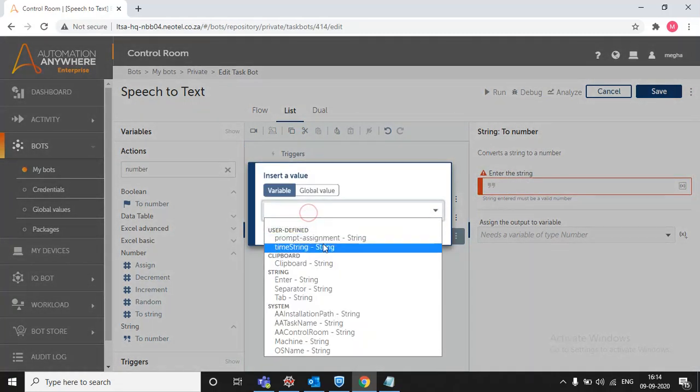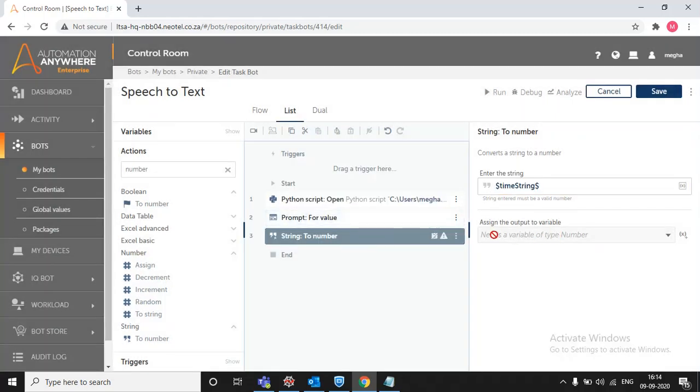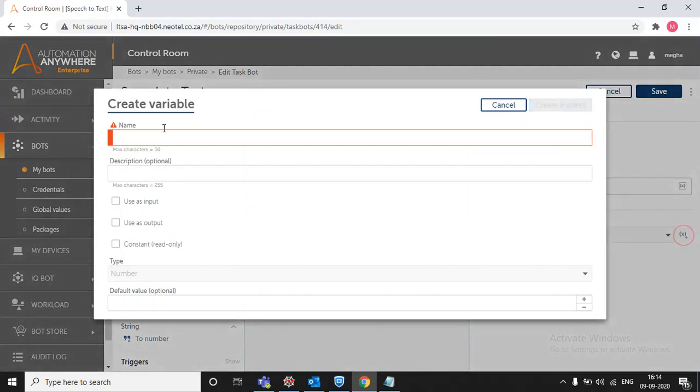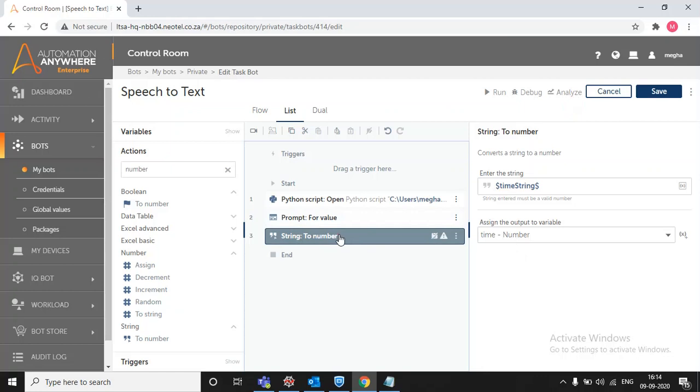So we are using time string, and then assigning the output variable to number. So we don't have any number variable, so what we need to do, we can create a number variable time, then default value is number, then create and select. So here you will see your string value converted into the number variable.